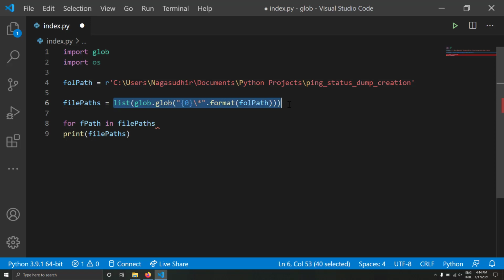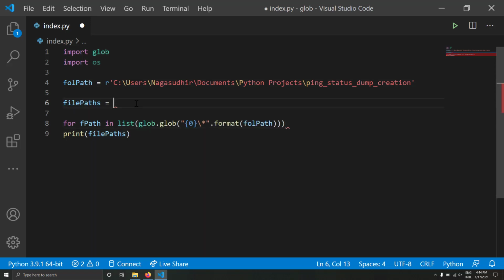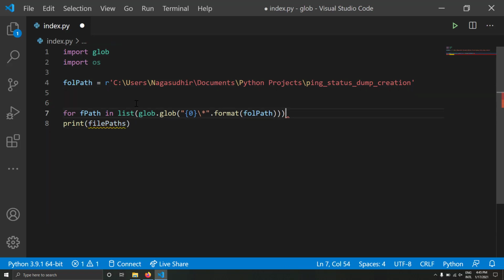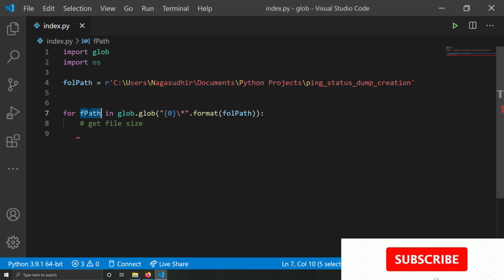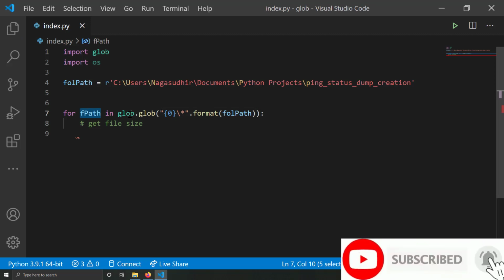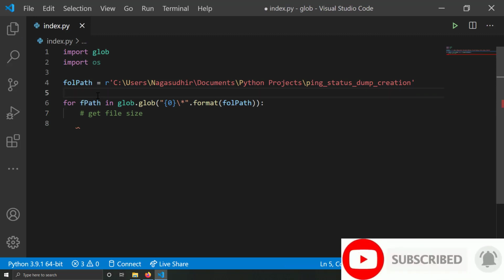Instead of writing this, I can just take it here, Control X, Control V, and now I'll just write get file size. For iteration you don't need to write list here. So what I'm doing is iterating on each file path inside the file names of this folder path.